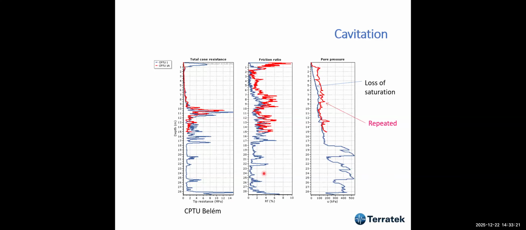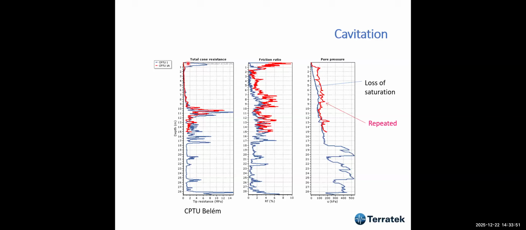This is a case where there was a strong layer, the blue line here, and this led to cavitation from the start. So by looking at this strong layer at the top, I received the data. I remember this very well. It was a soft clay followed by other materials.